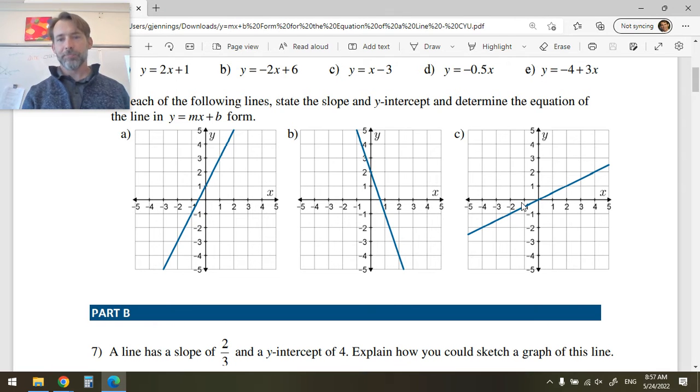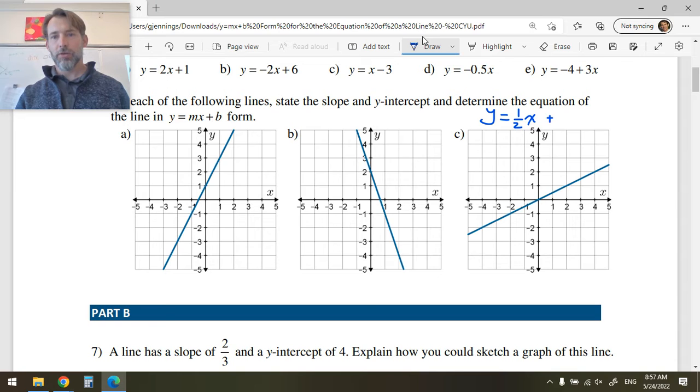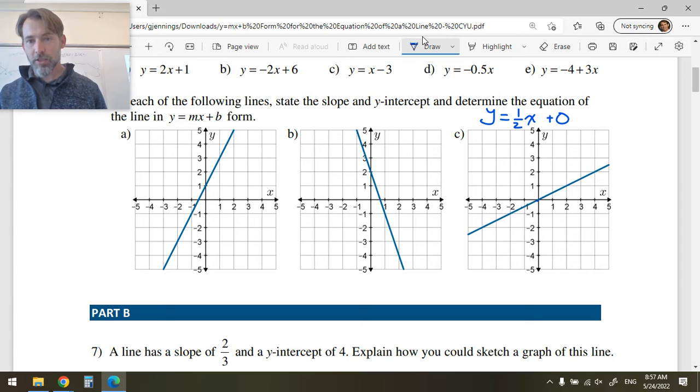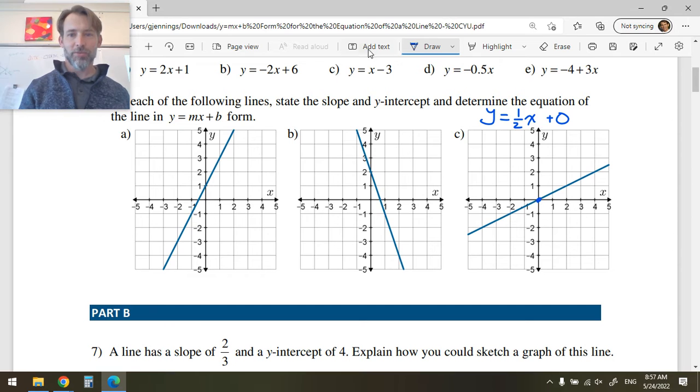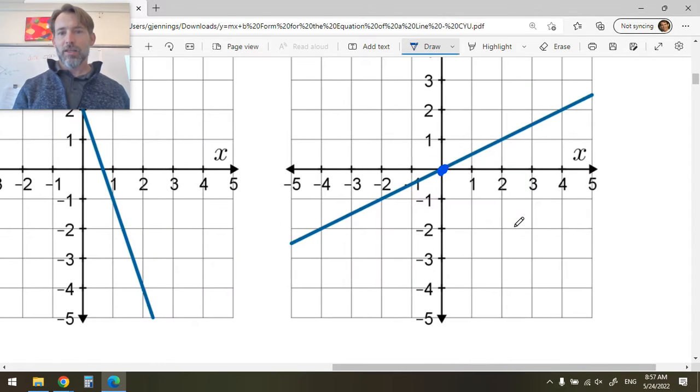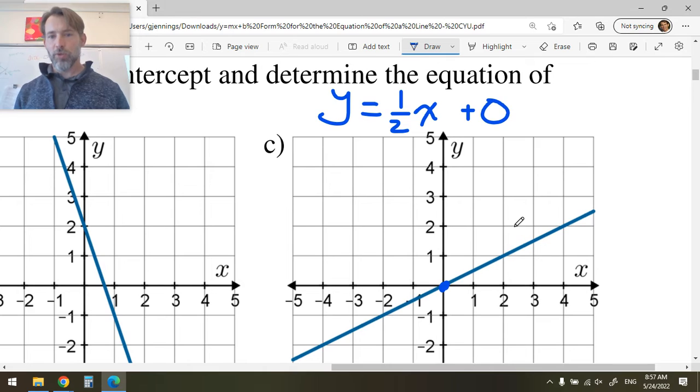When we have a situation like this, what we're going to want to note is that m doesn't have to be an integer. This is the equation y is equal to 1 over 2 x plus 0. We don't usually think about that plus 0, but there it is right there. It's crossing the line at y is equal to 0. And where do I get this 1/2? Well, if I go over, come on, zoom in for me. There. I get this 1 over 2